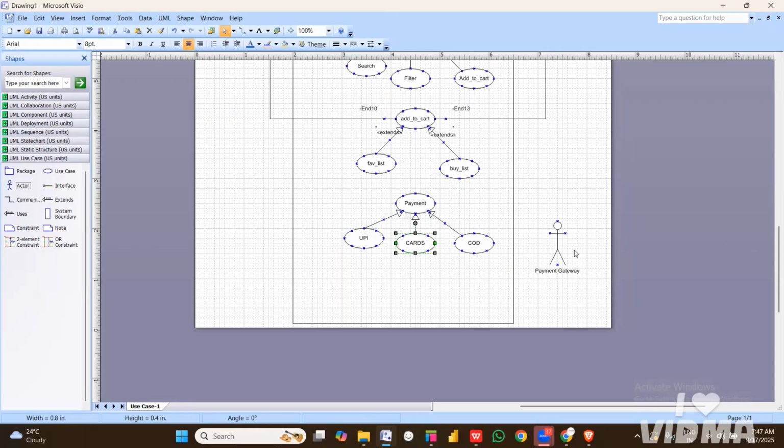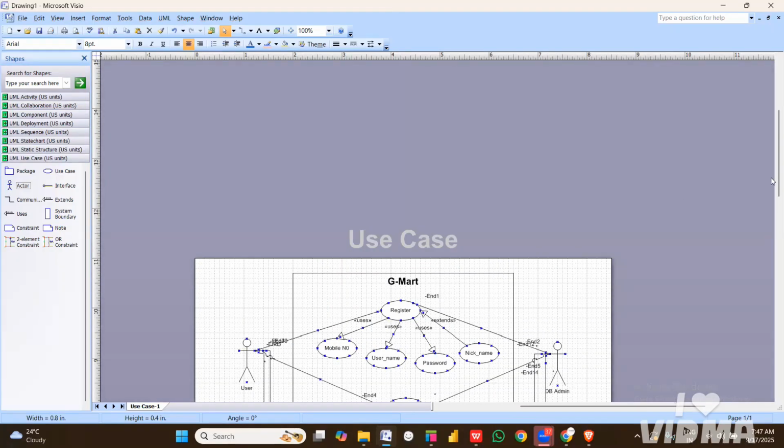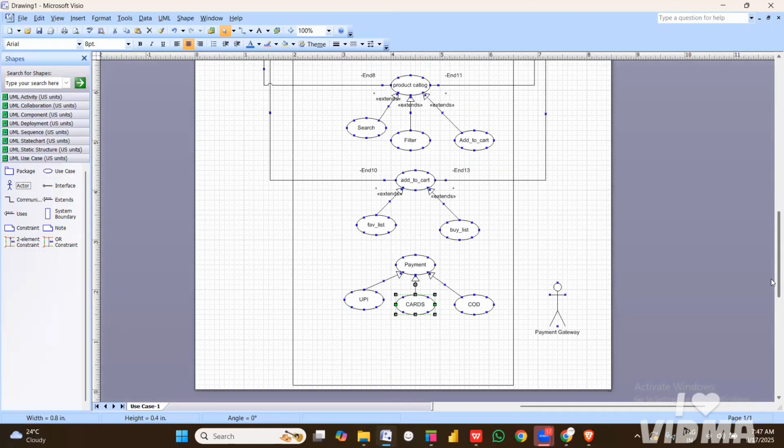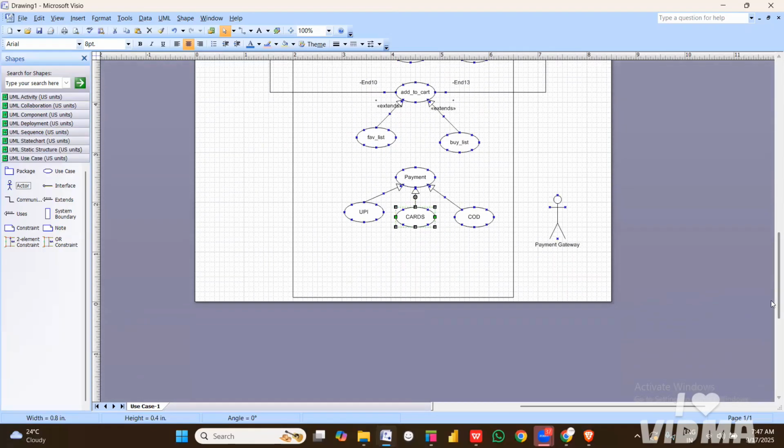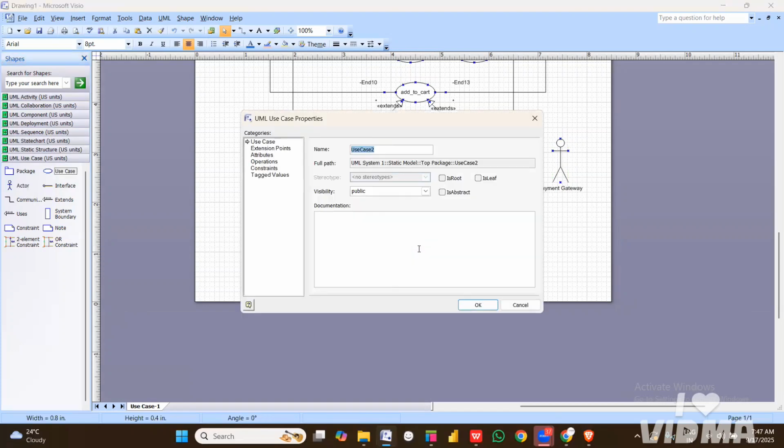Okay. So here one more thing I want to use is order. So after doing this payment, you will be going to the next step, that is order details, right? So I am just using one use case. So in this order details,